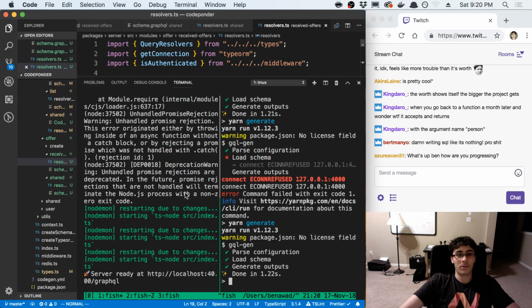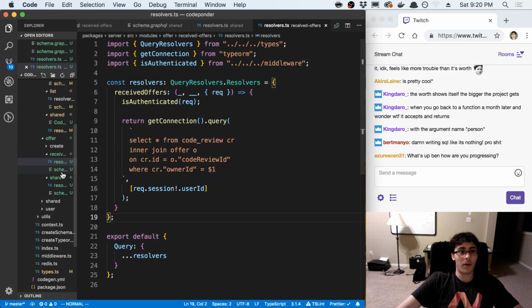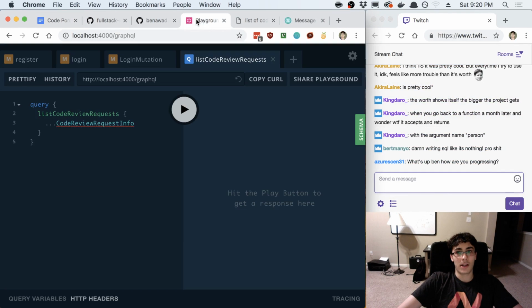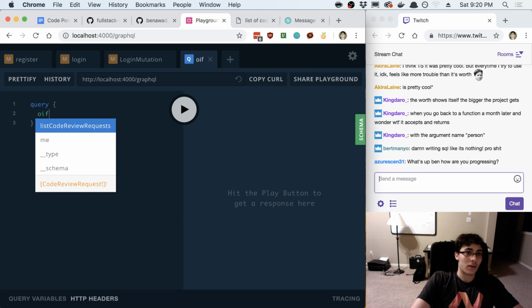Is the server running? Server's running. Let's write the query for it. This actually can be like a pretty beast of a query too. Because now we're gonna have